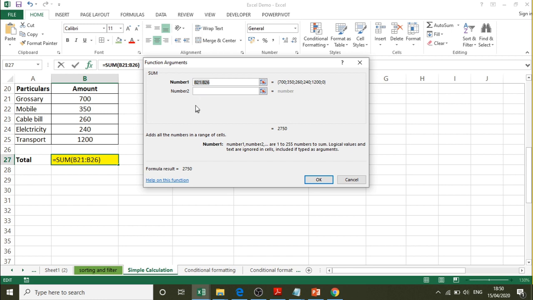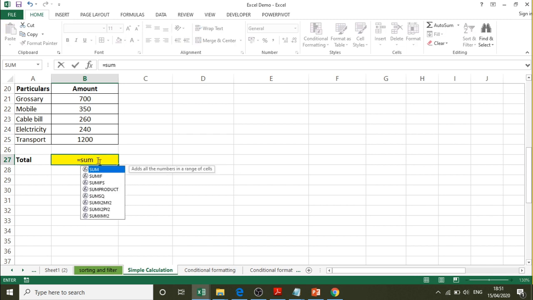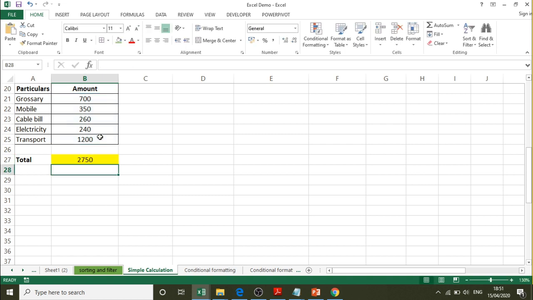So these are various methods for how you can work with the sum function. That means it is not only for the sum function; any basic or advanced function you can make use of these methods. Apart from this, you can also use a function by just typing it. Whenever you start typing, you can get the function name here, that means you get the hint. So you can put the cell range, B21 colon B25, then close this and enter. So these are the various methods for how you can work with functions in Excel.